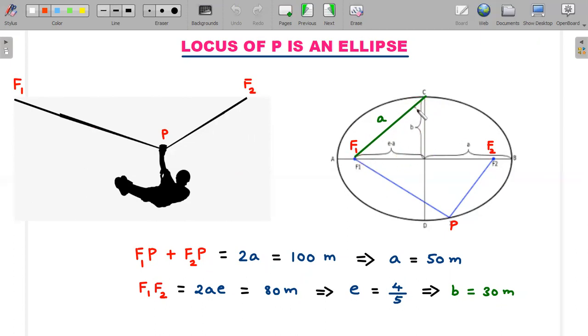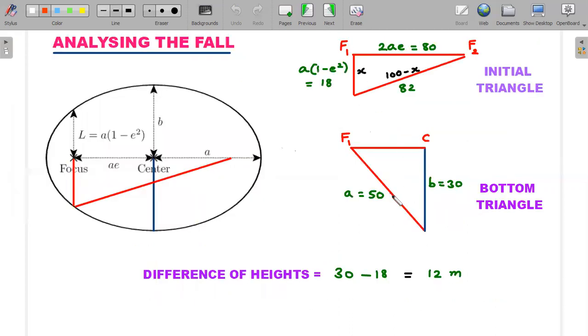All these three should form a right angle triangle, which is a basic mathematics of ellipse that the students at high school level should be knowing. So this value of b is 30 meters. By knowing these numbers, the solution becomes easier. Without knowing all of this also, you can solve the problem, right? But I would like to present the mathematical view here.